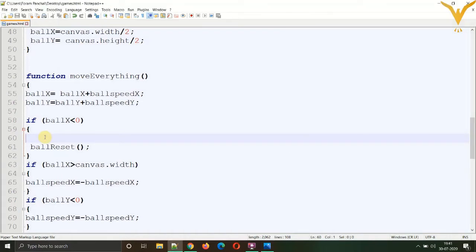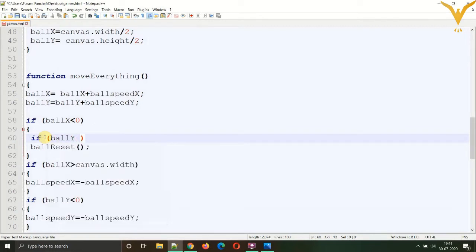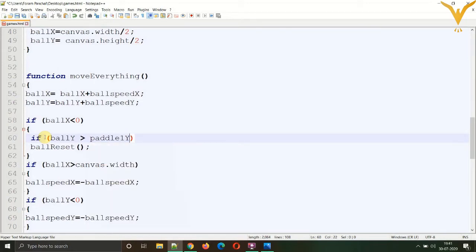We can write if ballY is greater than paddle1Y. Greater than means it is below, because the y axis goes opposite. For and, we use double ampersands so that both the conditions should be true.